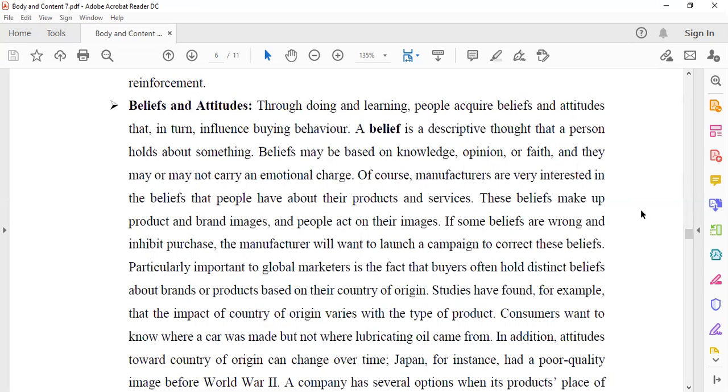Sometime, a couple of years back, it was rumored that Indomie noodles causes cancer. It took a whole lot of campaigns for the company to change these beliefs and still maintain market leadership in the noodles industry. So organizations should understand the beliefs the consumers have towards their product.